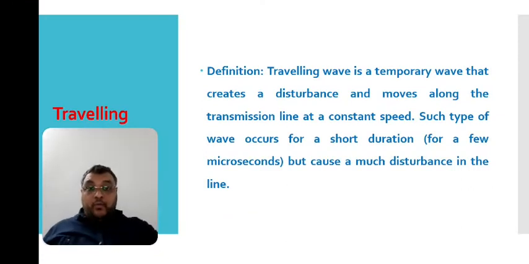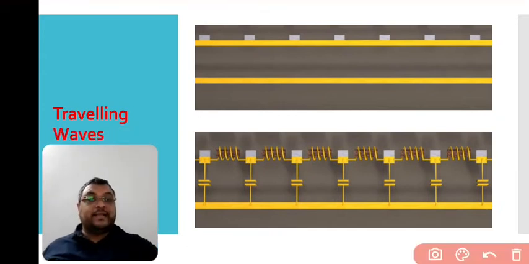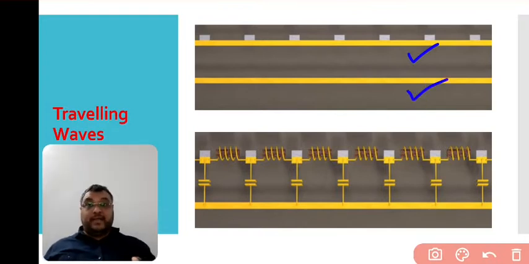Okay, now moving forward to discuss in detail what a traveling wave is, first of all we have to consider a transmission line. Okay, so we know that whenever we want to send an electrical signal, we need two wires. You can see in this diagram that we need two wires over here to send the electrical signals.